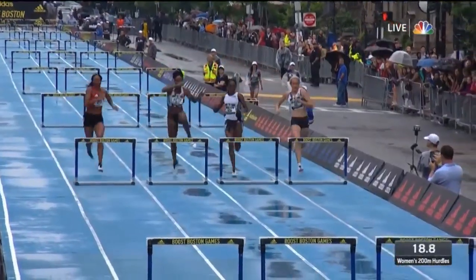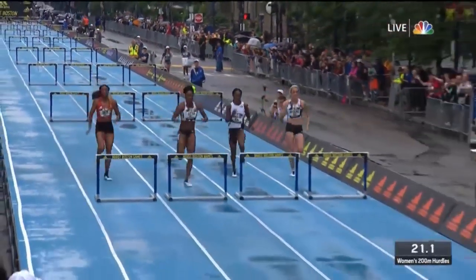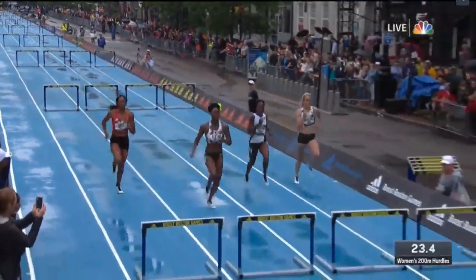The finish line, Little trying to hold on to the lead, now still has it by about a stride. Tate had to switch